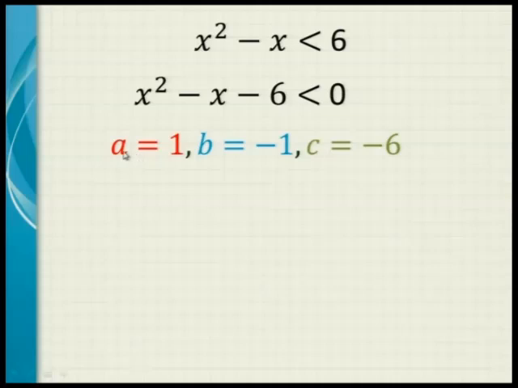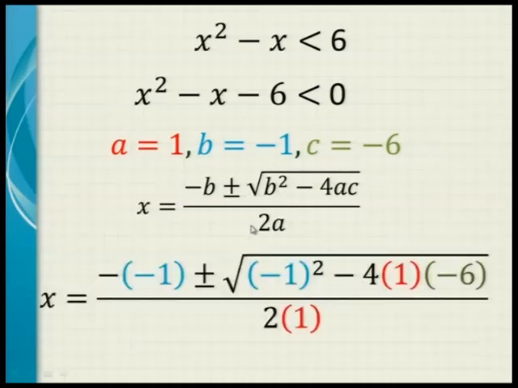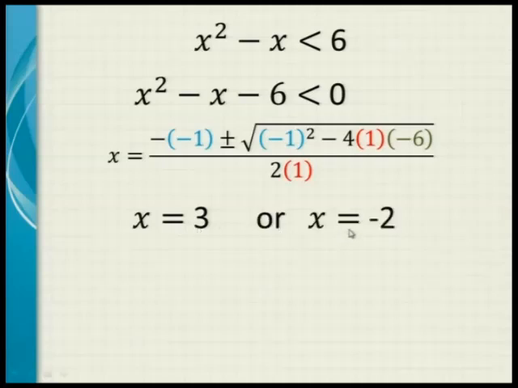Now we're going to take it further. By now you should easily be able to identify A, B, and C, and you should be able to use the formula and substitute those values in the formula like this. Remember, we use the brackets. And if you're not sure about this, go back to that lesson where we did it, because I'm not going to do that now. So we've got the formula, we've substituted, and then what we do is we work out the values for x. Now, this plus and minus sign here ensures that we get normally two values for x. So we get x equals 3 or x equals minus 2. That will be the answer for this.